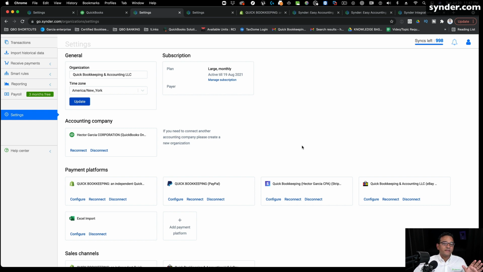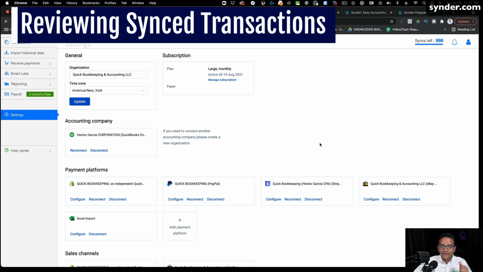So enough of the boring stuff, but trust me, this is kind of where the sausage is made in these settings. This is really the most important part, because this is where you're going to tweak how the data will flow into QuickBooks. It's a little bit more of an advanced concept. You might need an accountant or someone that really understands how QuickBooks functions to make sure that this back-end setup is done correctly. However, let's go to sort of the fun part